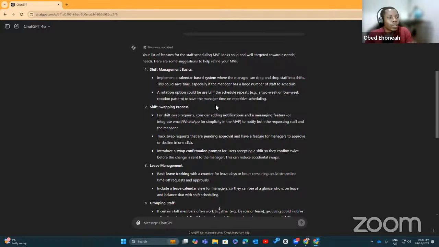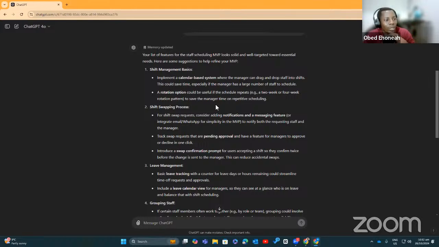All right, it says your list of features for the staff scheduling MVP looks solid and well targeted toward essential needs. Here are some suggestions to help refine your MVP. Shift management: implement a calendar-based system where the manager can drag and drop staff into shifts. This could save time, especially if the manager has a large number of staff to schedule.